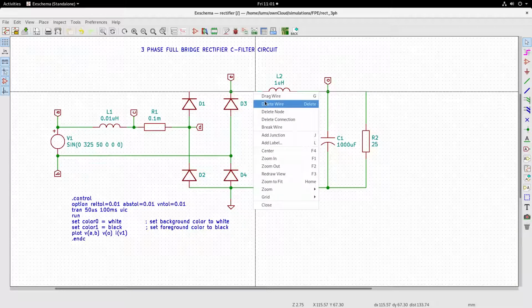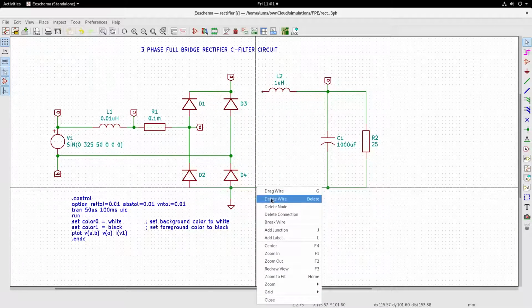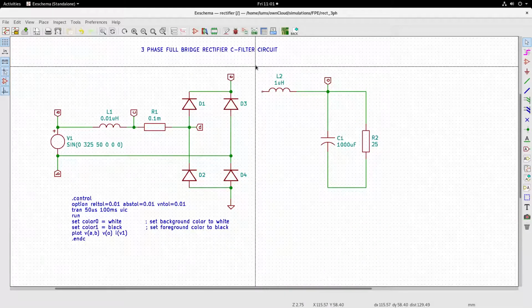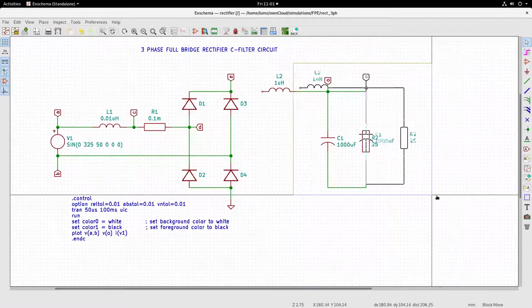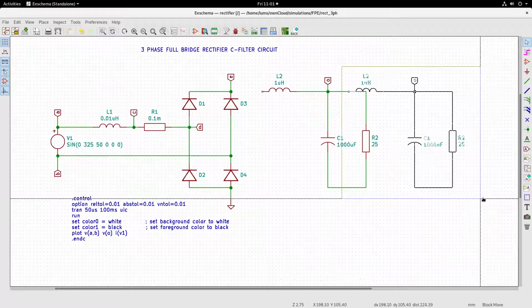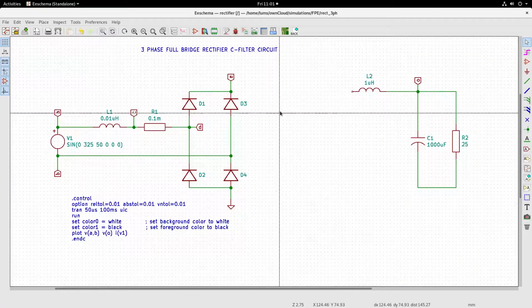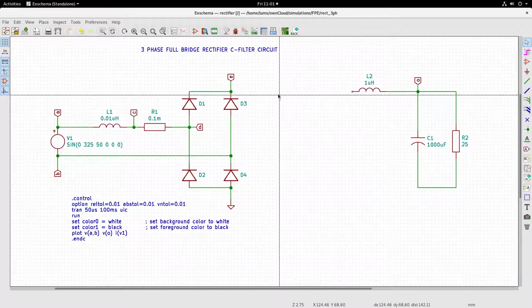Let me delete this wire. Let me delete this wire, and let me make some space. What I will do is mark this and move it for the moment. Then we will adjust the space again, and then we have space to add one more set of diodes.